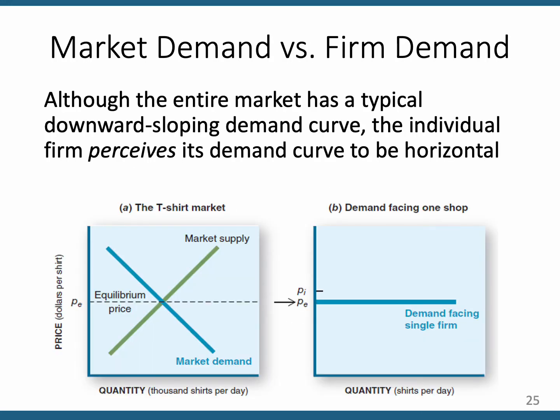The graph on the left shows a typical market supply and demand curve for really any product market, but in this case we're talking about a market that's pure competition. Well, it looks pretty traditional, right? Upward sloping market supply curve, downward sloping market demand curve, and where they intersect is equilibrium. That determines the market price. But now look at the graph on the right.